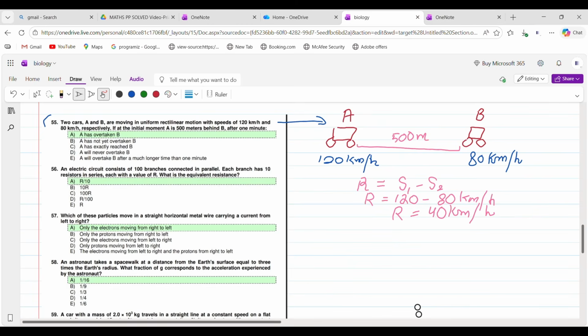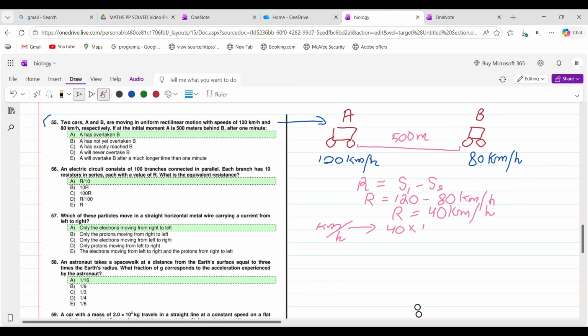Now see, what we're going to do is very simple. Here 500 meters is given. The distance is given in meters, and we have kilometers here. So let's convert that kilometer into meter. I mean 40 kilometer per hour, we are now going to convert that into meter per second. So kilometer per hour is now going to be converted into meter per second. Basically 1 kilometer has 1,000 meters,